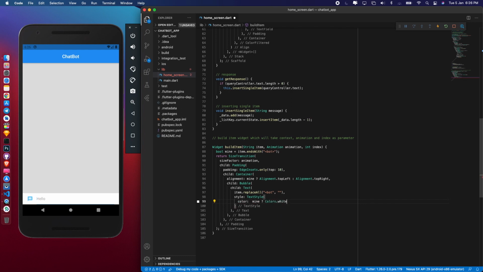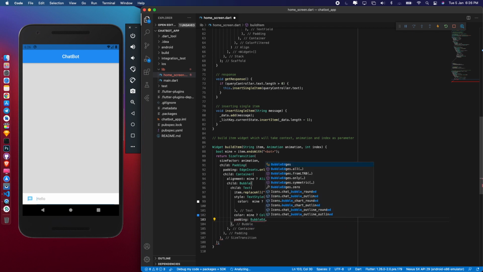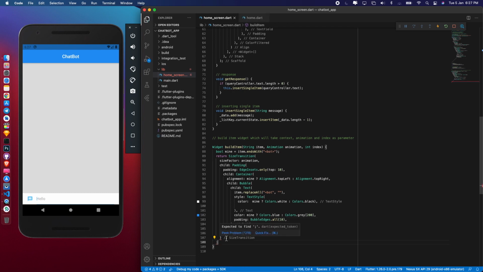Okay, white. If it would be a query sent by me, then it will have the color white, and if it will be a query sent by the bot, then it will be color black. And I am also defining the color for my container. Don't worry, when I will run the app, you will get what all is going on. Just replace it with colon and delete this. Okay, we got this working.